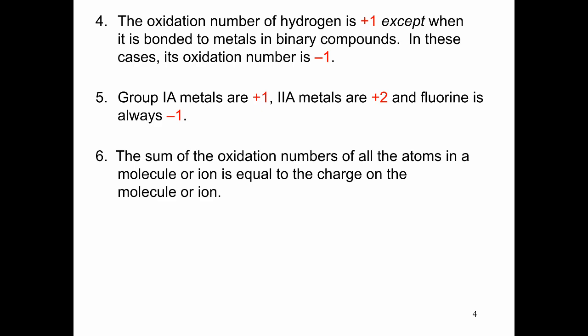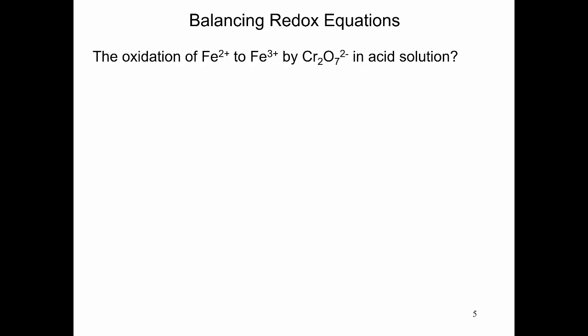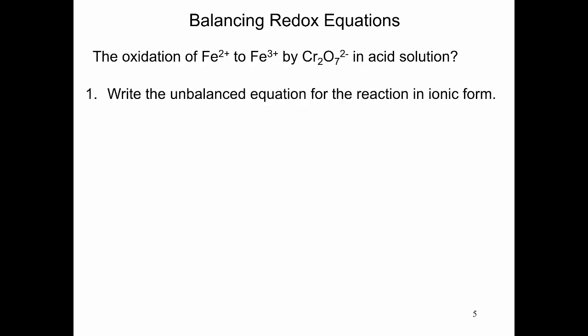So the sum of the oxidation numbers of all the atoms in a molecular ion is equal to the charge on that molecular ion. So let's say, how do you balance a redox reaction? For example, the oxidation of iron 2+ to iron 3+ by dichromate in an acidic solution. So first, we need to get the unbalanced equation for the reaction